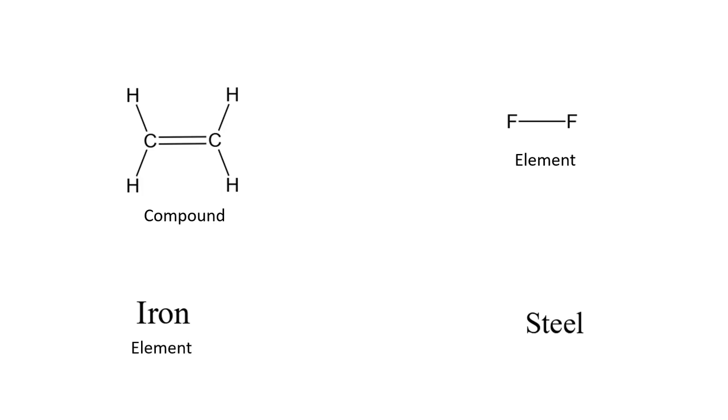Then there was iron, which is an element, with the symbol Fe on your periodic table. And then steel, which is a mixture of carbon and iron, which is sort of a trick question. You wouldn't have known that unless you knew it. The introduction of carbon into iron changes the physical properties of the metal to make it stronger and more brittle.